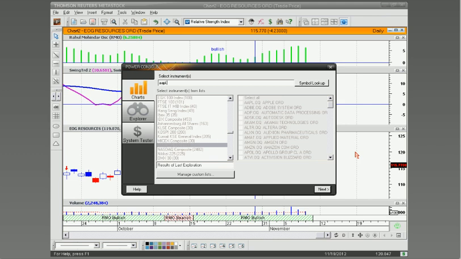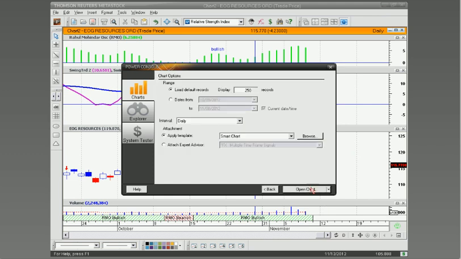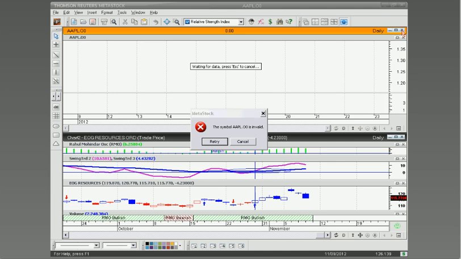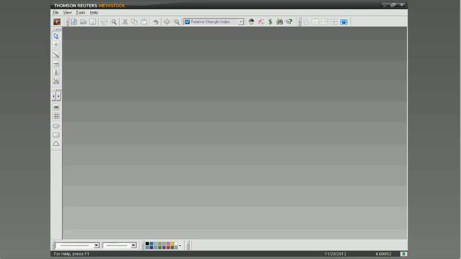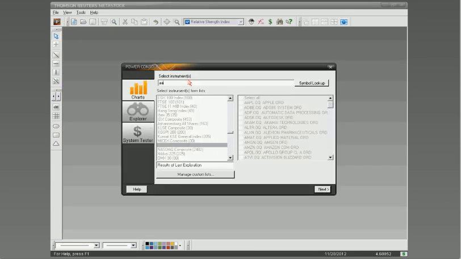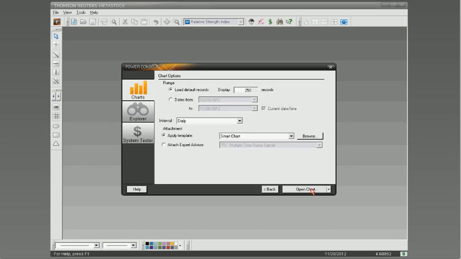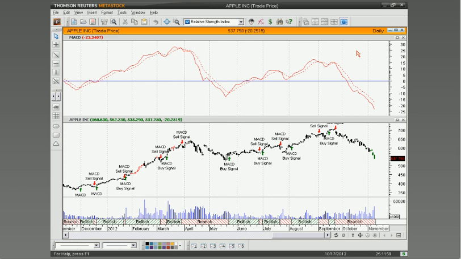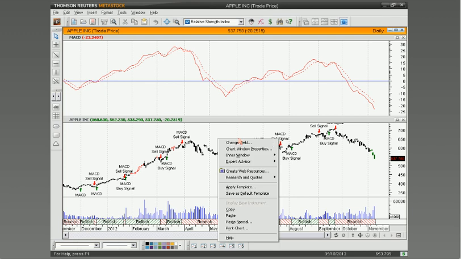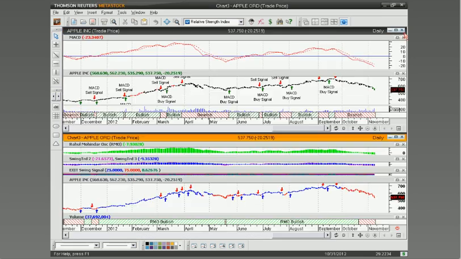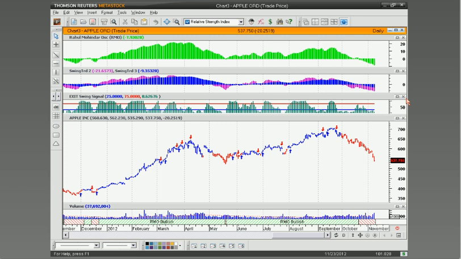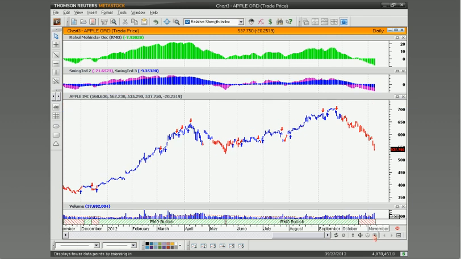Well, let's pull up Apple. And we'll apply that template to it. Oops, I put an extra 0 in there. Let's try that again. We won't save that. Put in Apple. You'd think Apple could have gotten a symbol that actually spelled similar to Apple. Okay. We'll get rid of that MACD. Actually, what I'll do is just go ahead and apply the template, and that'll wipe it out for me. Close that one. Okay, so here's my RMO,